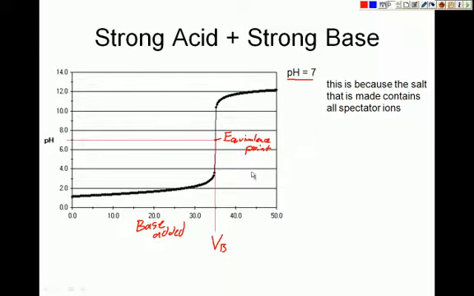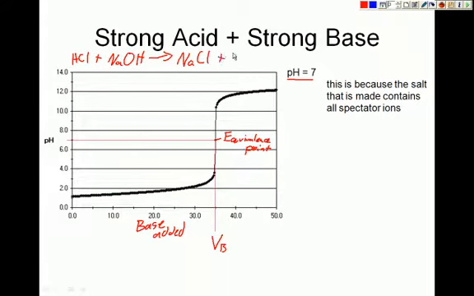So let's take, for example, a strong acid and strong base titration. So here we'll write an example. We have a strong acid like HCl, and we titrate it against a strong base like NaOH. And we see when this reaction occurs, if we reach a stoichiometric equivalence point, in other words 1 mole of this and 1 mole of this, what we'll get is